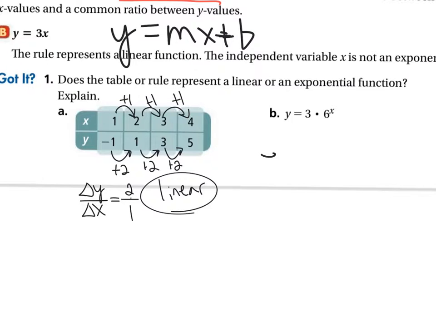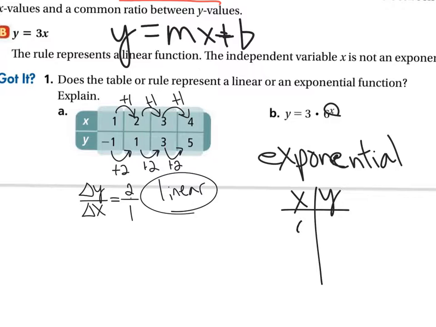So this one is going to be exponential, and your cue that gives this away is we have a variable in the exponent. Again, like I said, you could make a table if you put in 0. Now remember, 6 to the 0 power is actually equal to 1. 3 times 1 is 3. We put a 1 in. We got 6 to the first, so 6 times 3 is 18. We could do a 2. 6 squared is 36. 36 times 3,